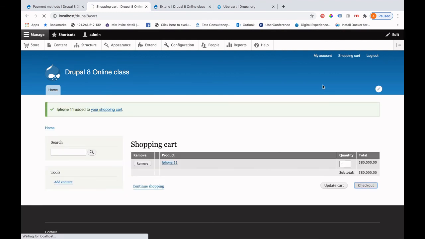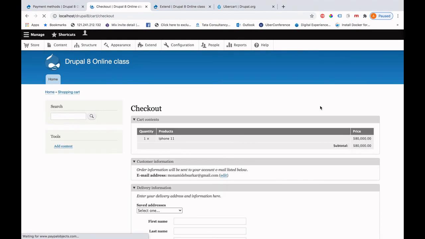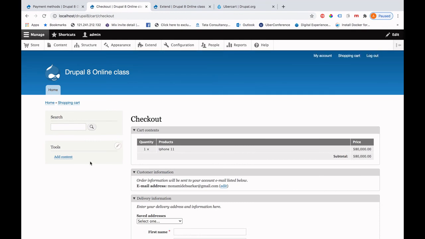Let me check it out. And there are some other blocks which you can see, for example, shopping cart and the order items. If you want to enable that using the views, you can always do that. Using the views, you have the capability to create the block and put it anywhere in the website template.